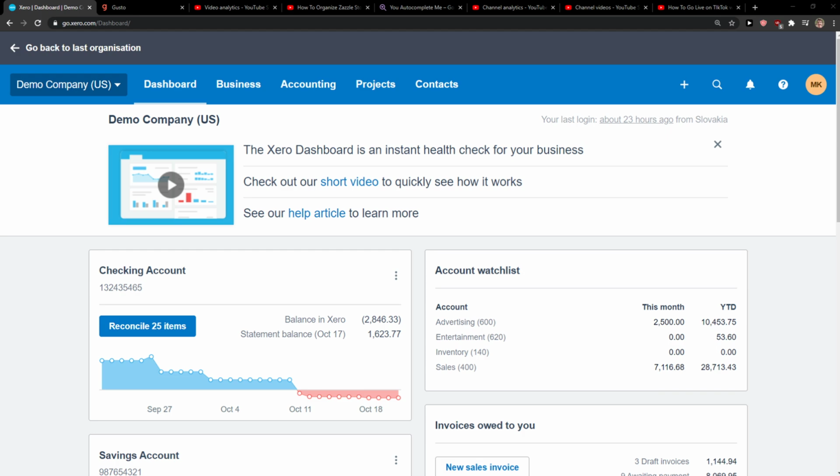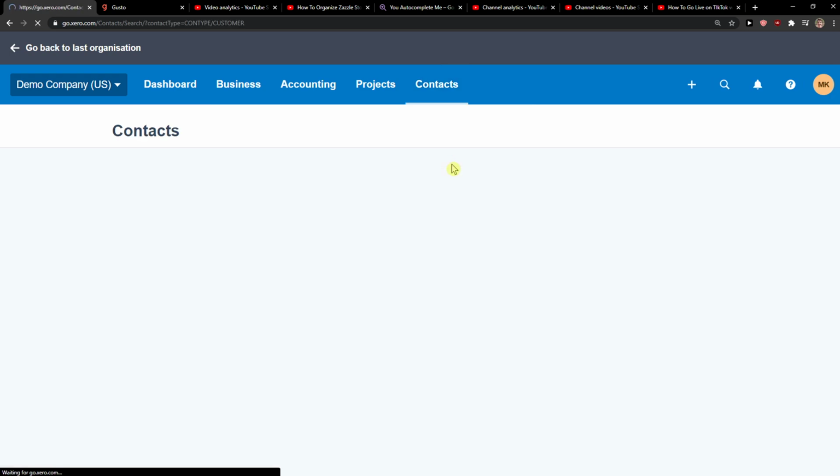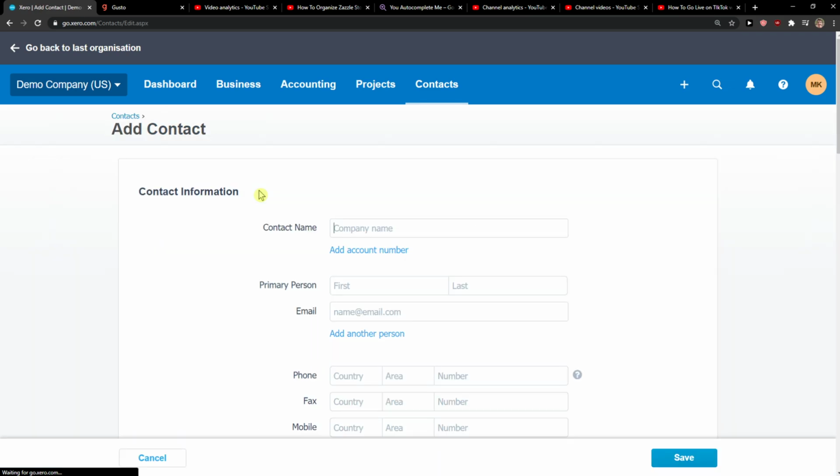I'll show you a simple way how you can easily add customers in Xero. So let's start. The first thing you want to do is just be in Xero, and when you're here, click on plus, click on contacts and click on customers. When you're going to do it, you just want to simply click add contact, and let's just name it customer